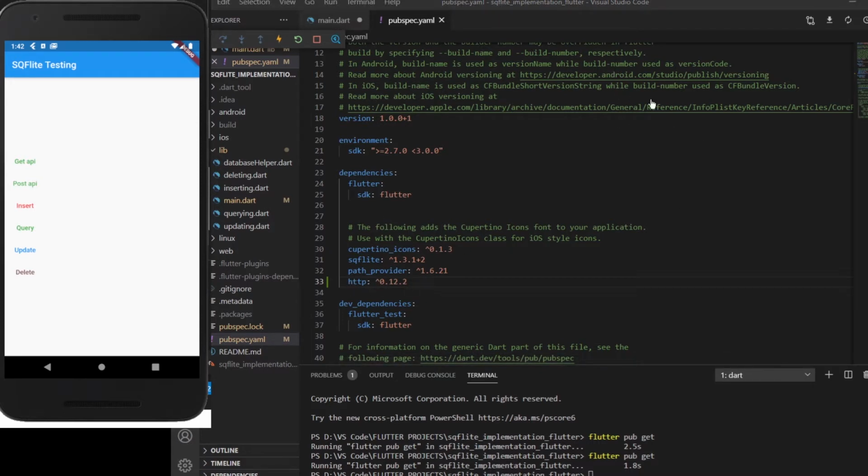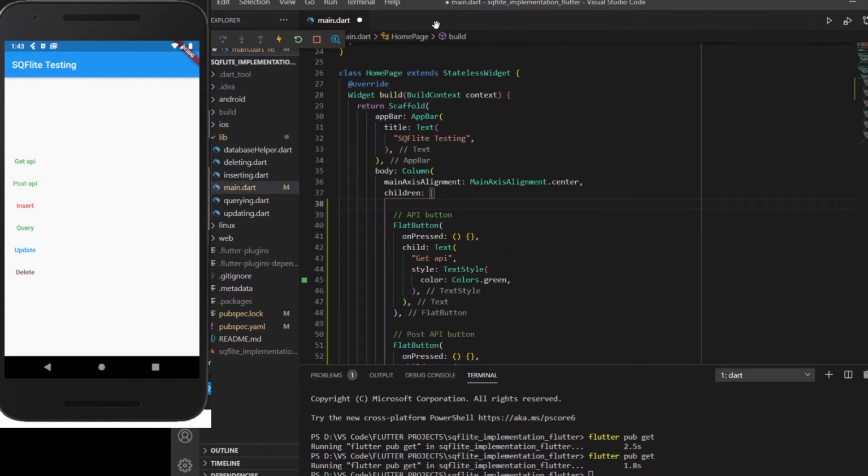Now let's move towards how we can work with the get API inside our Flutter application. For working with the get API you need two things. The first one is that you should have an API link, and the second is that you should have that link triggering some particular part of the code which will return us some output which we will be displaying inside our application. So you need those two things.